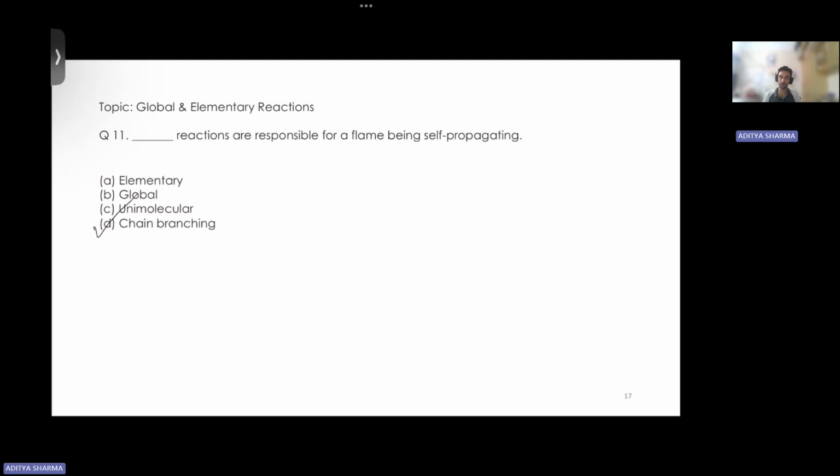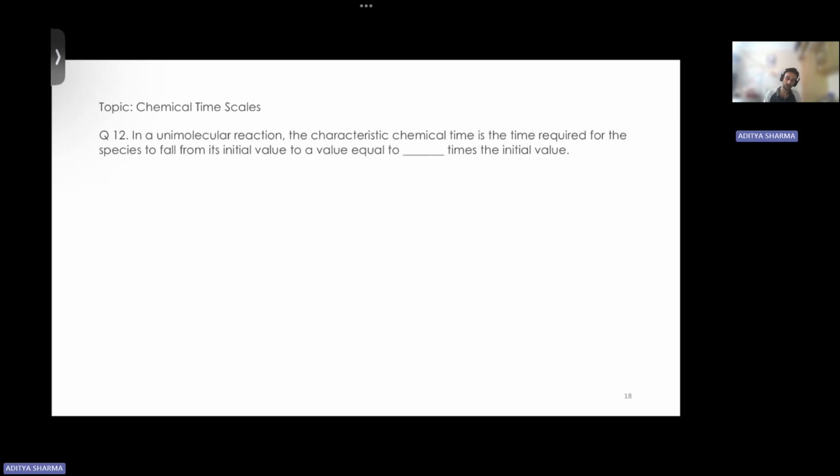Okay, so that's why chain branching. So such types of reactions are seen in the self-propagating flames. So option D is correct for this question. Next, so this is your question number 11. Next question then is question number 12